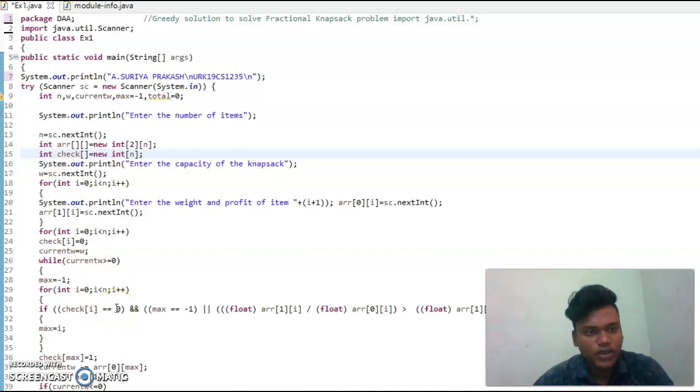My name is Surya Prakash. Now we are going to see experiment 1, the greedy solution to solve the fractional knapsack problem. Now we are going to see experiment 1, and we have to create the public static void main,